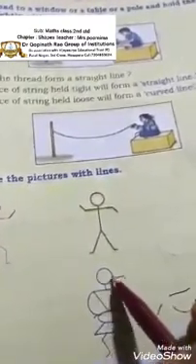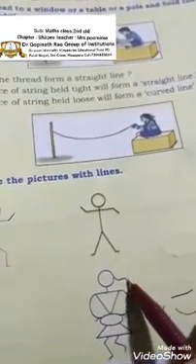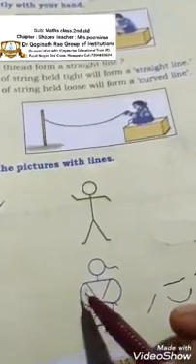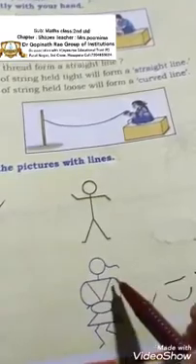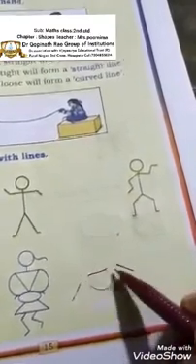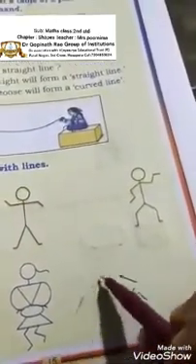When the line is bent a little, then we call it as a curved line. Just see here. This is one curve, this is one curve, and this is also a curve, and this is also a curve. These lines, when it is straight or slanting, these are called straight lines, children. Okay, now we can see here one example.